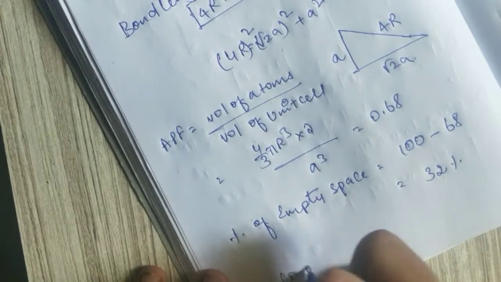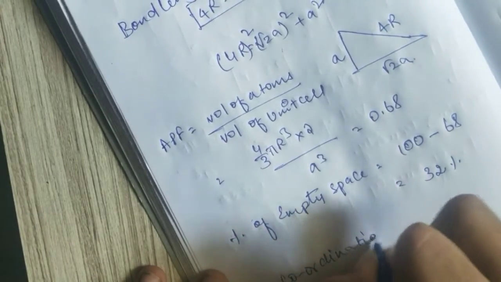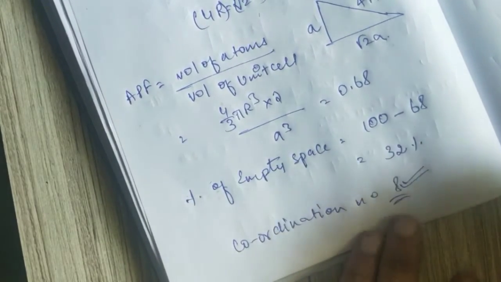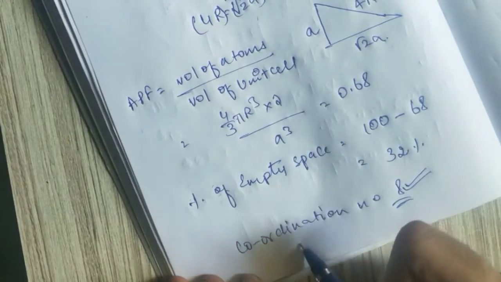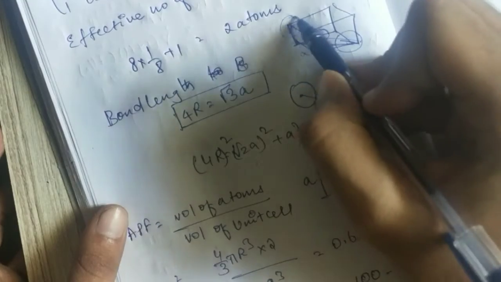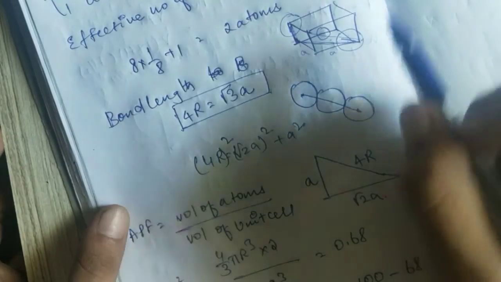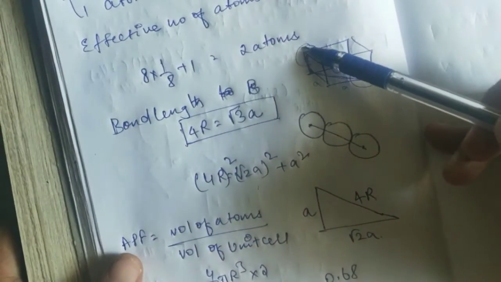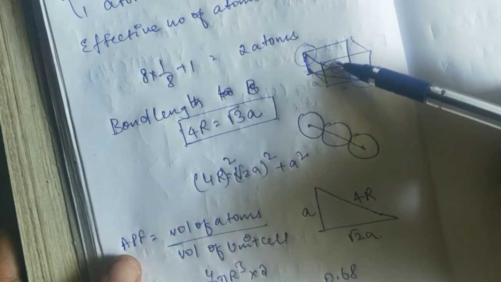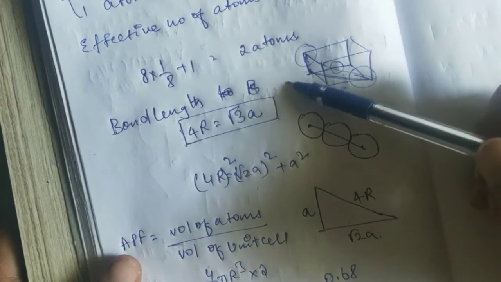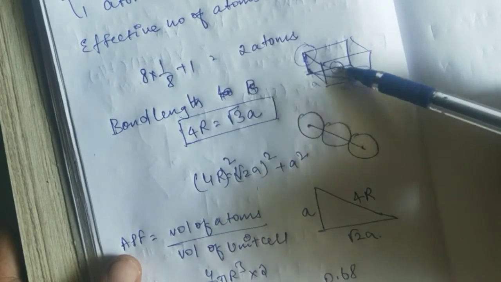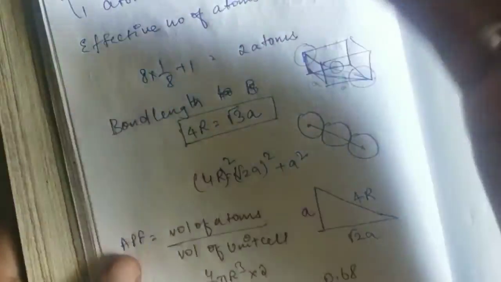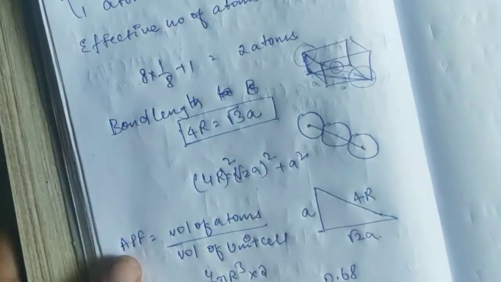And coordination number is 8. Until or unless you visualize this by yourself, you can't understand this one. What is coordination number? It means if you take one atom, how many atoms it is touching in all directions. See, if I try to explain, this is one atom. Okay, this will be touching the BCC of this unit cell and BCC of the next unit cell over here 1, here 2, and backside another 2, 1, 2, 3, 4, and in the top 5, 6, and then in the top right side 7 and 8. These were the total 8.